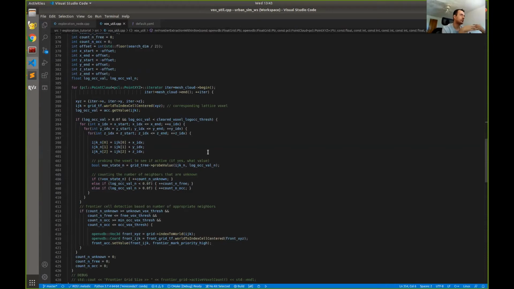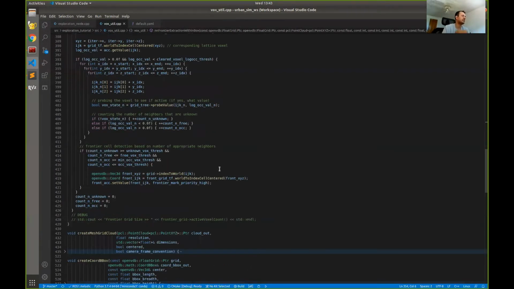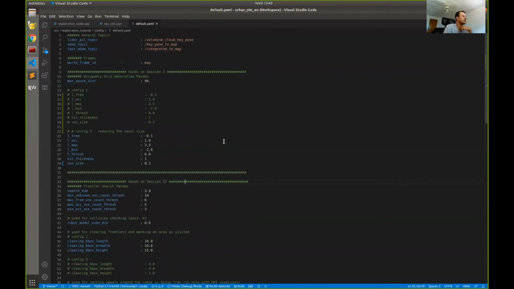If it's not occupied or if it's unknown, we don't care about it because we're only looking for surfaces. So if it's occupied, then what we do is we do this search for the immediate neighbors. And that's what this does. And in this particular configuration,